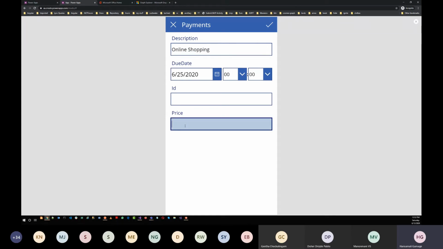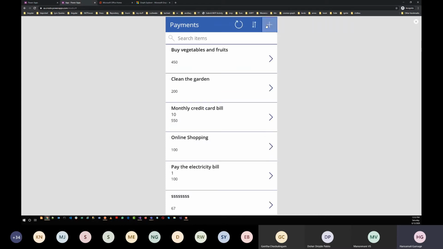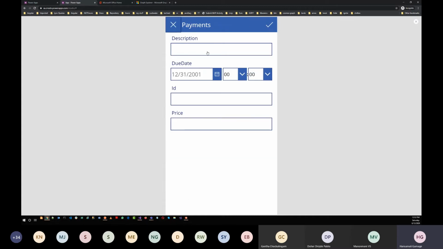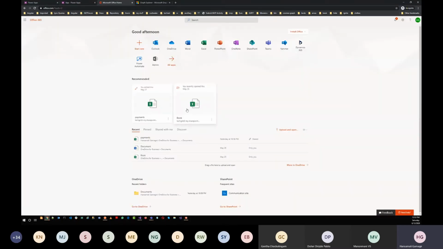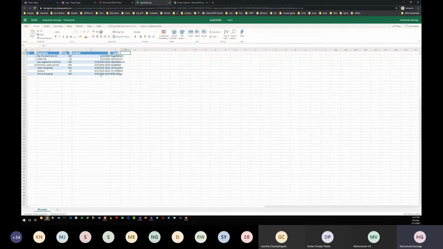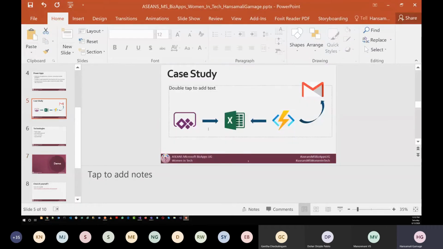I'm going to dedicate like $100 for that, and save. Oops, sorry. It has been saved to the list. If I go here and check my Excel sheet, it's there.